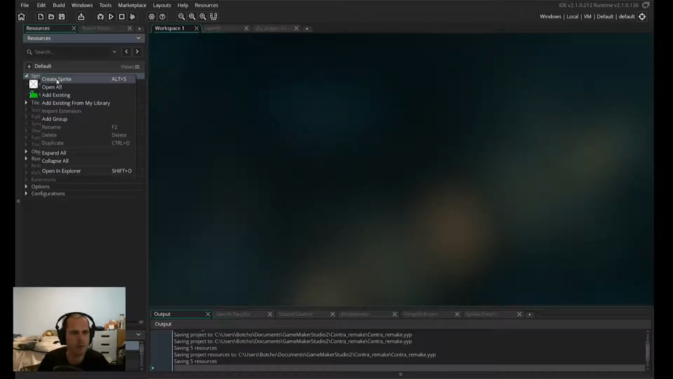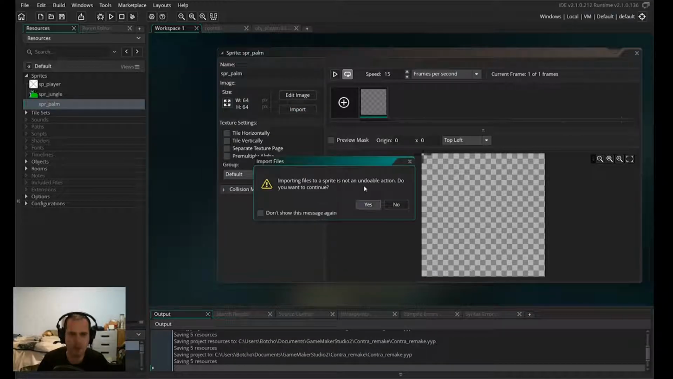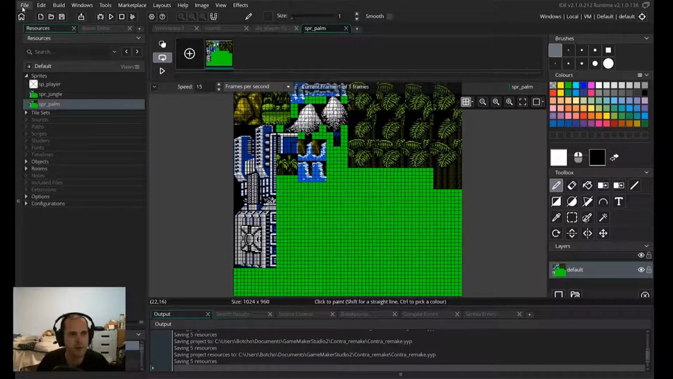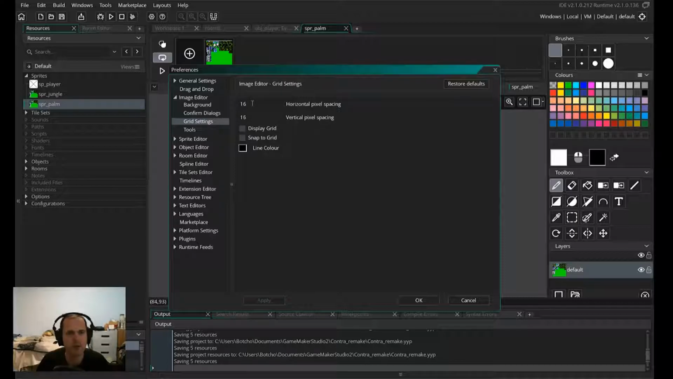And we'll create a new sprite. And we will call this one SPR Palm. We've got some palm tree assets that we're going to have to deal with later, which I'll explain more about when we get to that point. So we're going to load the same sprite, edit the image, and we're going to go up to View, and then Toggle Grid. You can also press G, and then over on File, Preferences, Image Editor, Grid Settings, and we're going to switch this to 32 by 32